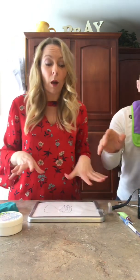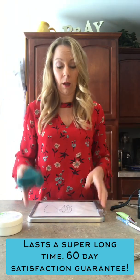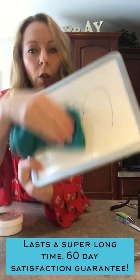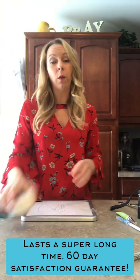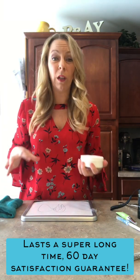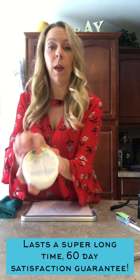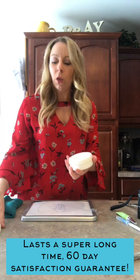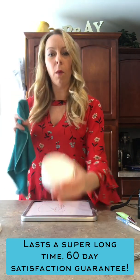So this was a permanent marker, and I told you this EnviroCloth is the best thing I've ever used to clean. And I could probably sit here and get this marker off if I really tried, but nope, not working. So every once in a while, you want to reach for something that's a little bit stronger. And in this case, we wouldn't want to reach for something bleach-based because it's so toxic. So this is where our cleaning paste comes into play as a little extra helper that's going to spare your kids' lives. So what you do is you just take your wet EnviroCloth, and this is a marble flour base,